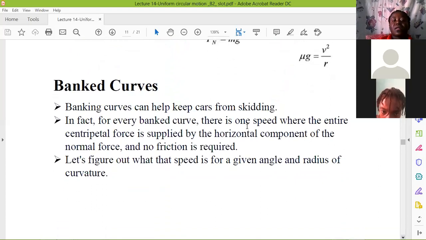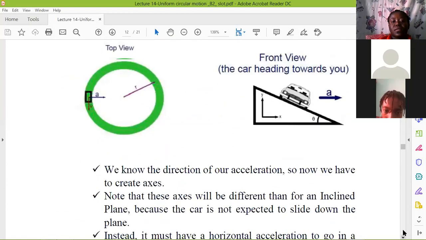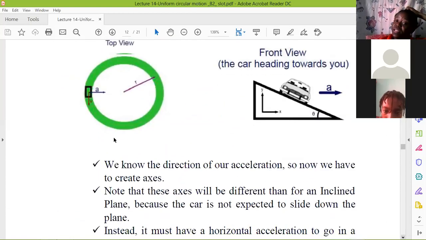Okay, so the banked curve can help keep the car from skidding, like moving out in a straight line. In fact, for every banked curve, there is one speed where the entire centripetal force is supplied by the horizontal component. If we look at the top view, say it is associated with an angle,